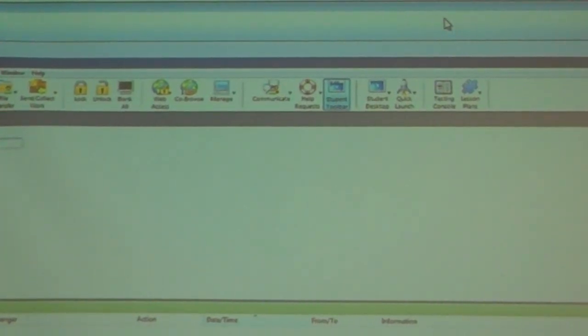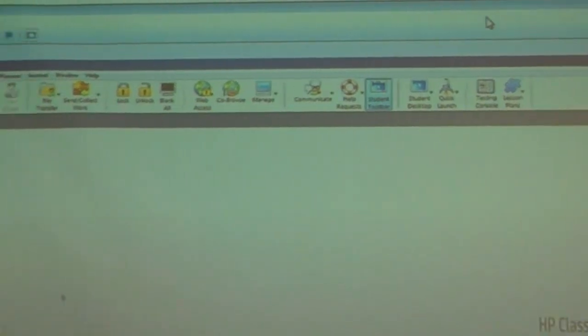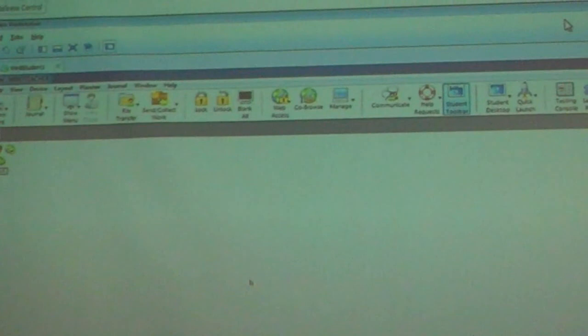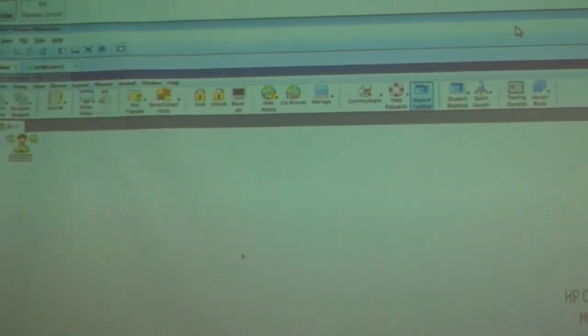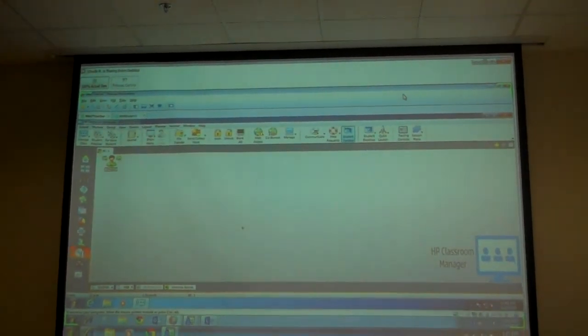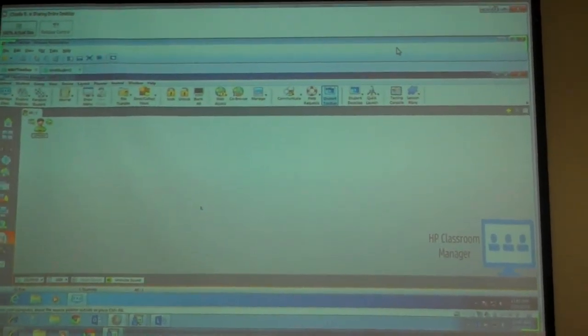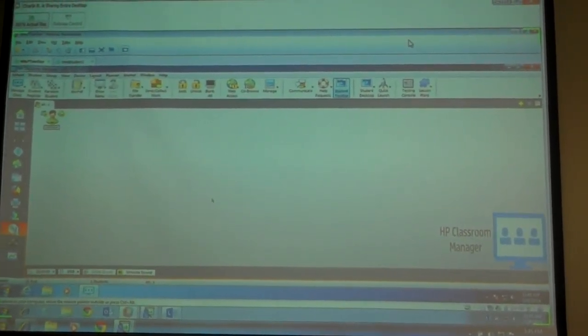You have control over when or if they have access to CD or DVD, to the USB. You can mute everybody's sound at one click of a button. So let's say you have taken them out to Khan Academy, you've taken them out to a web page that has sound playing, and you don't want the sound to be playing in your